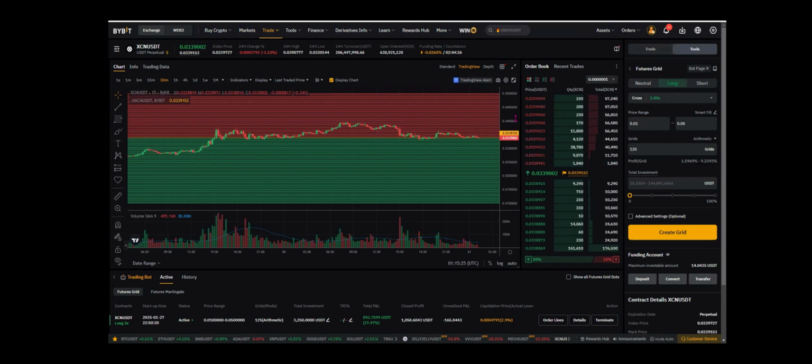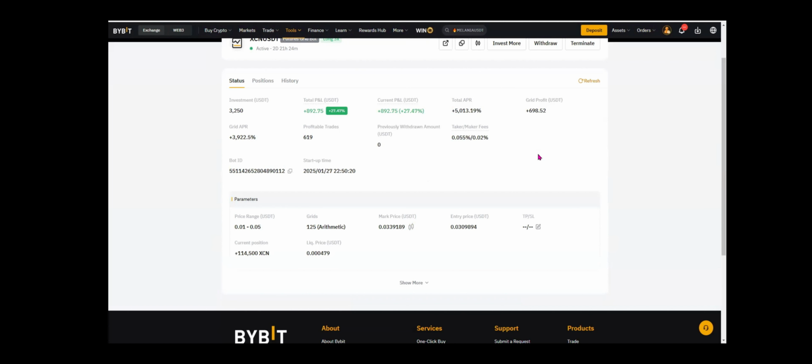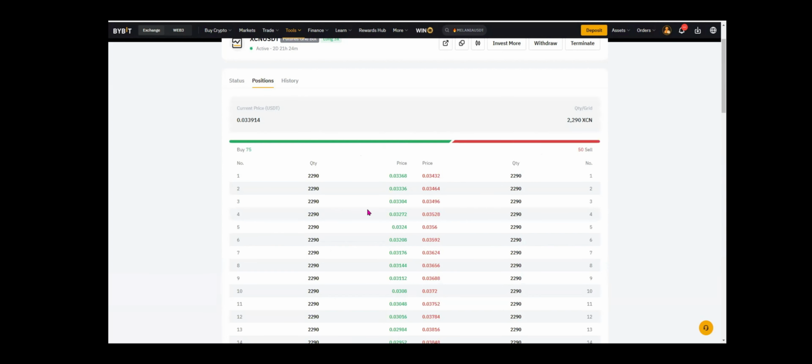And I am running a super lot of grids. It's 125 grids spread out over 4 cents. And you might say, why are you doing that? Why not give it a little bit more room? This has been highly active. Not saying I couldn't make more, but what you'll notice in the positions is that each of these positions is